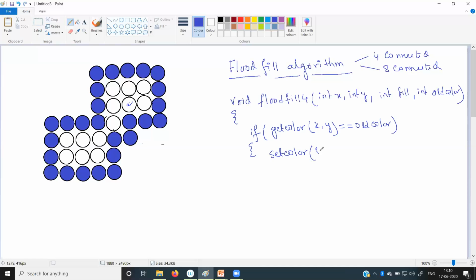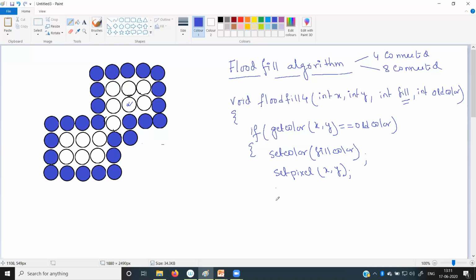That means we want to fill the pixel with the desired color. It is my fill color, which I sent while calling the function. Then we write setpixel x comma y, which will color the pixel with the desired color.